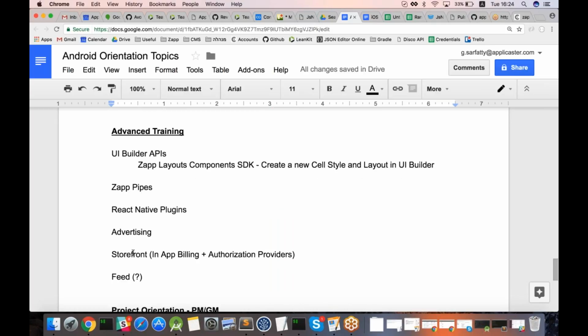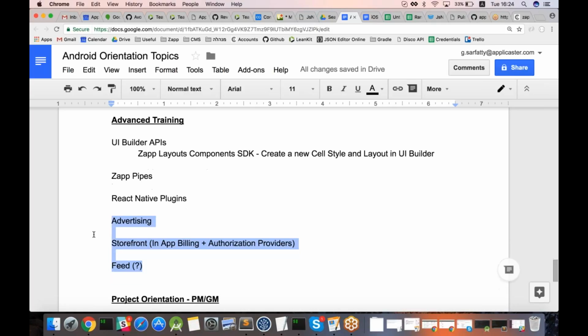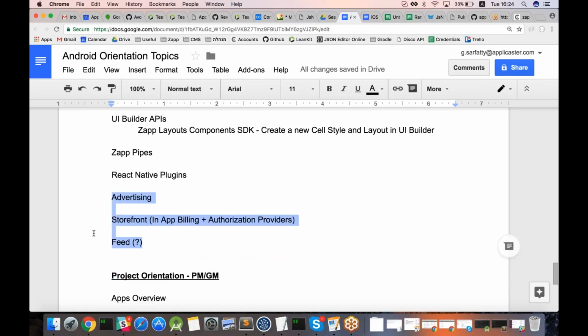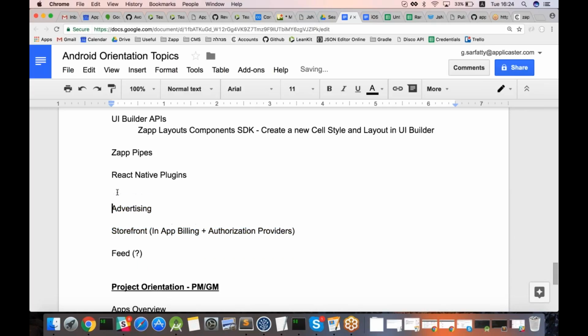Okay, so then we have the Zapipes, React Native plugins, and there are three more sections that are not related. Well, they could be part of the SDK training, but since they are kind of isolated and sometimes unique to specific apps, we left them to a separate section. It's the advertising part. That's not too unique, but I think it deserves a session alone, understanding how advertising